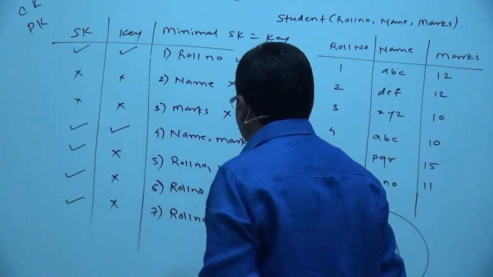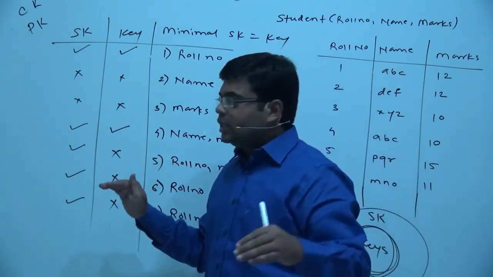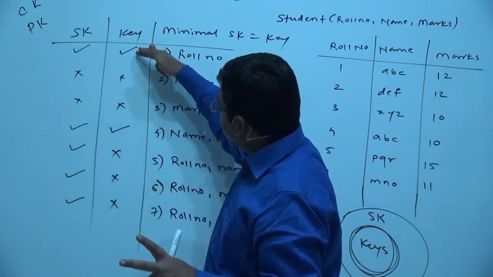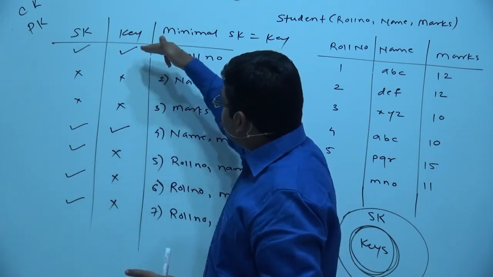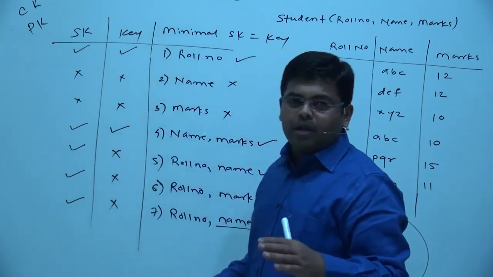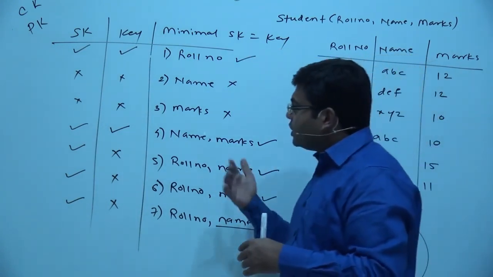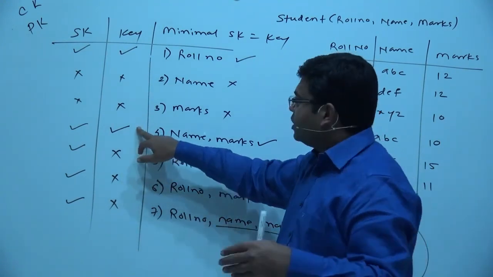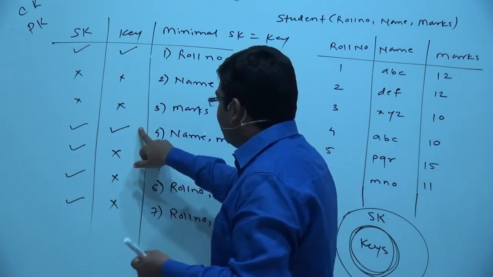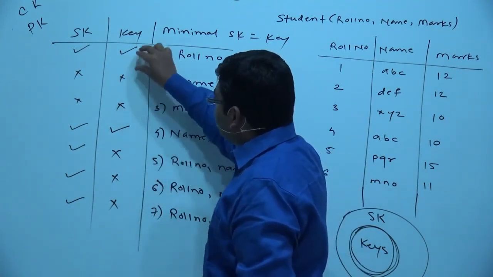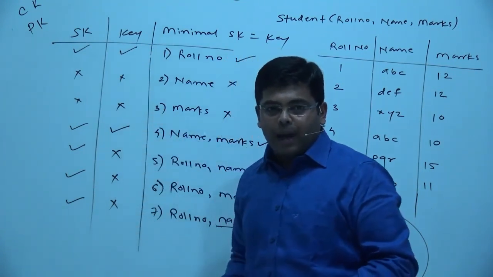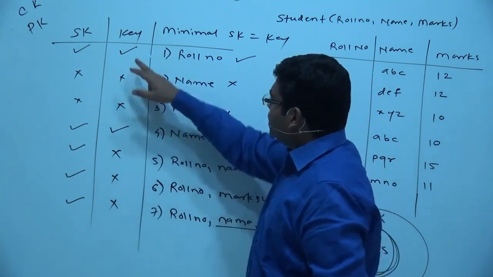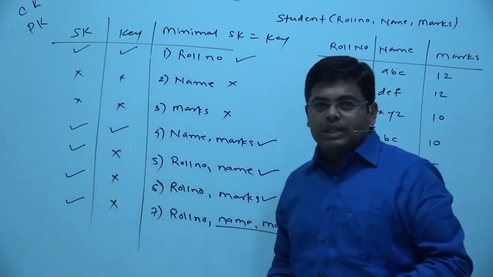So let's be very clear here. The total number of super keys present in this table are 1, 2, 3, 4, 5. The total number of keys are equal to 1, 2. The total number of candidate keys is also equal to 2, but the total number of primary key will always be equal to 1. Now which key should be a primary key? That is a subjective question. It's part of design. It depends upon the database designer and the architect of the database to select which particular key should be designated as primary key. Lot many factors can be taken into consideration, like space factor, performance, etc., to determine which particular candidate key should be designated as a primary key.